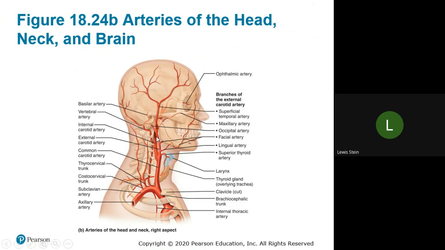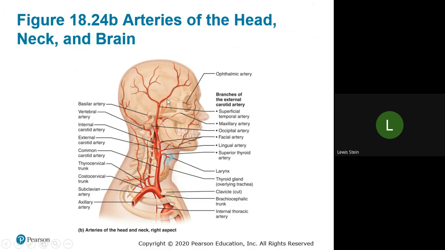So it happens more or less right about in that area, in that location where we see the bifurcation. You can see it going internal and going external. So there's a lot of branches that come off of this, the external or the facial portion. The largest and the last branch of this is here,